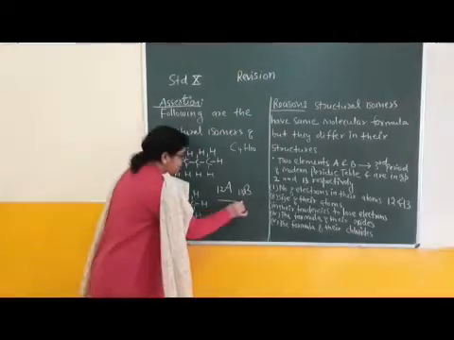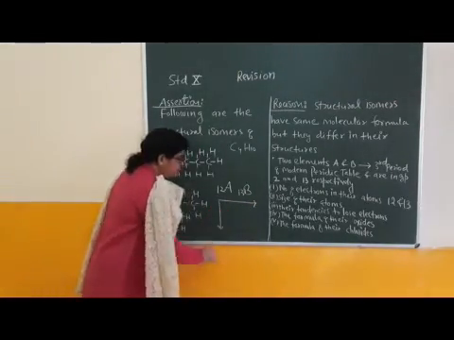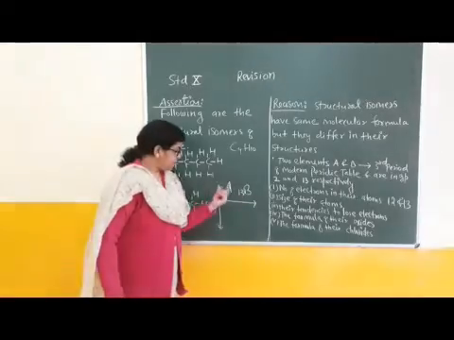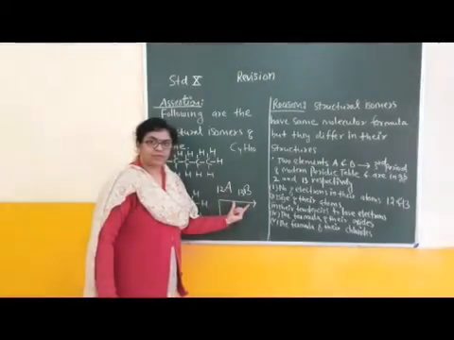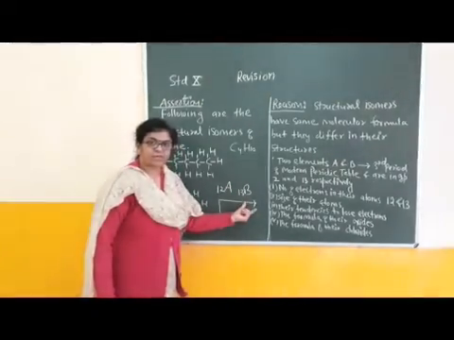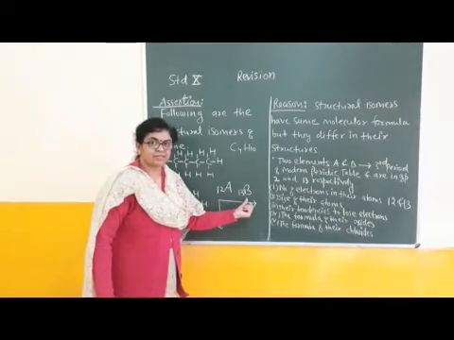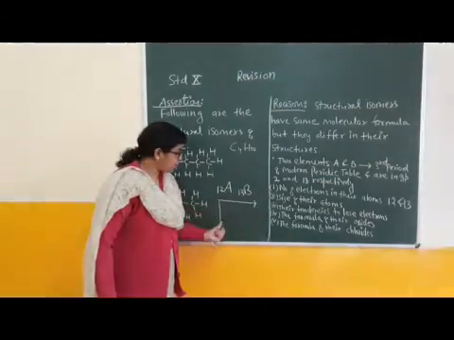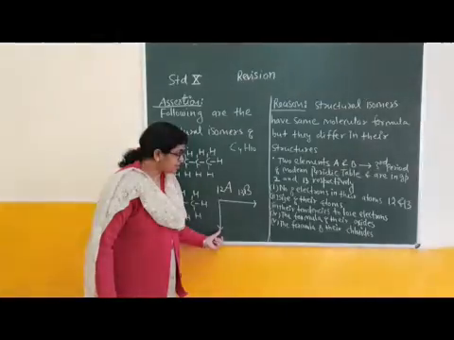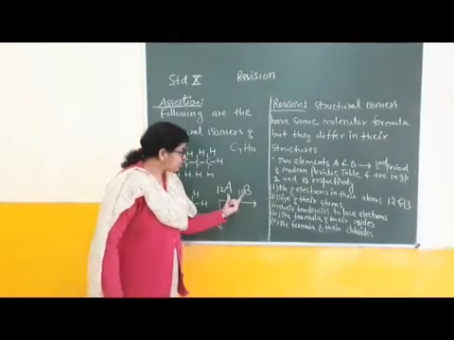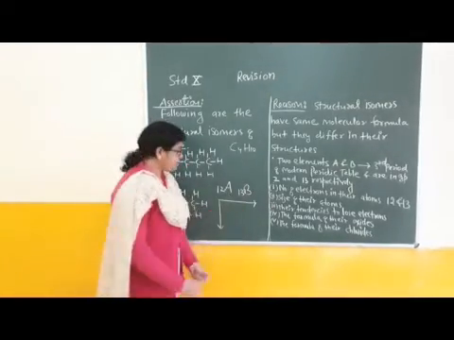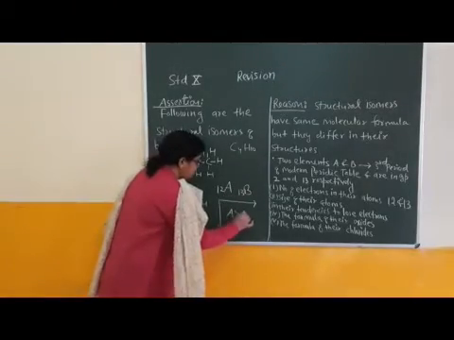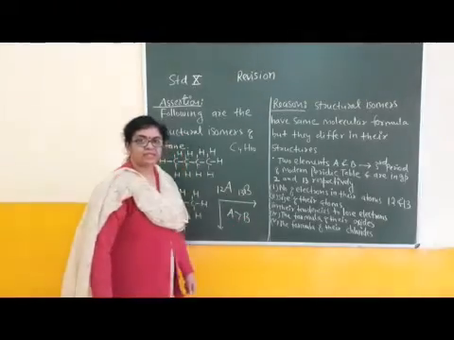What is the common trend in the periodic table? On moving across the period, or from left to right in the modern periodic table, atomic size decreases. From top to bottom, atomic size increases. The size of their atoms. Which atom is bigger? A. Size of A is bigger than B.